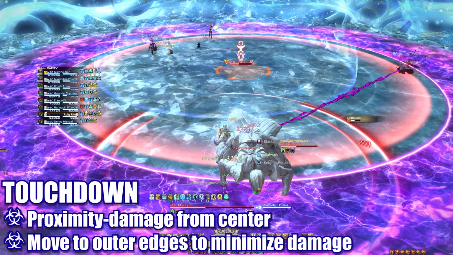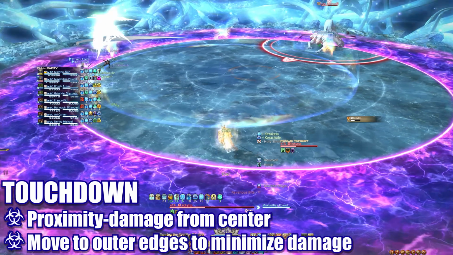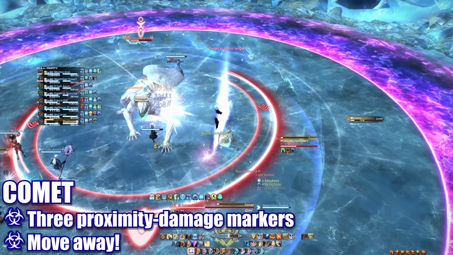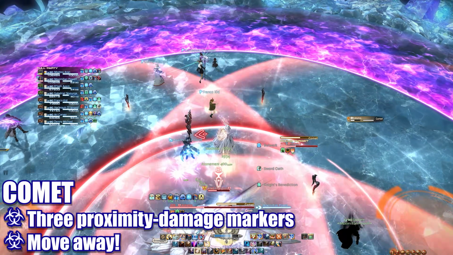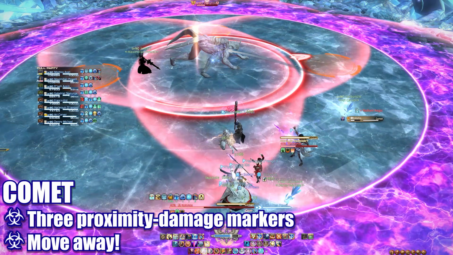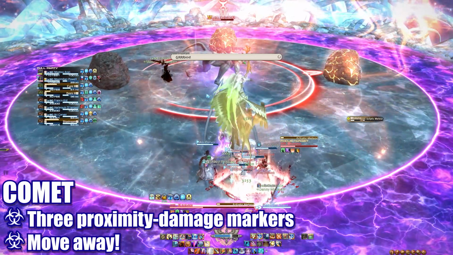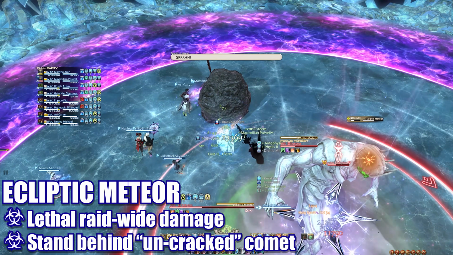At the same time, a proximity-based damage marker will appear in the center of the room, and all players will need to move to the edge of the arena to reduce damage. The boss will then cast Comet, and another 3 proximity-based damage markers will appear around the center of the arena. Players will need to identify the quadrant of the platform not targeted by a comet, and move into that area to reduce damage. The comets will fall onto the platform, and the boss will then cast Ecliptic Meteor, dealing lethal